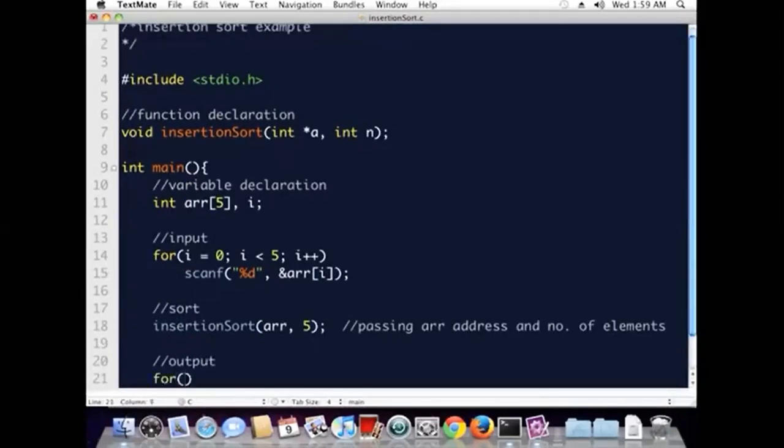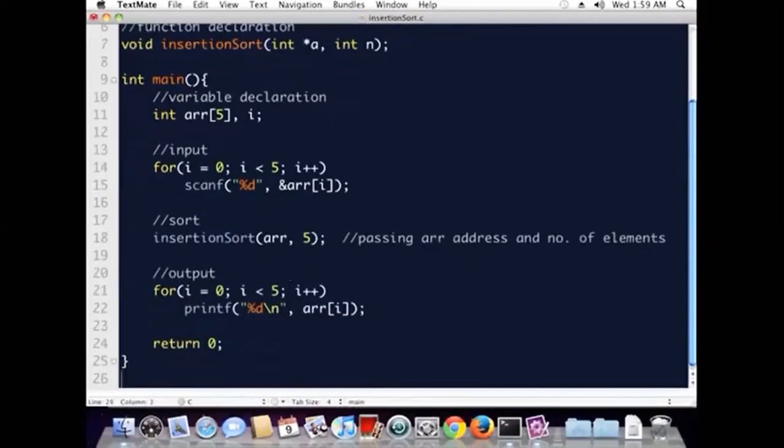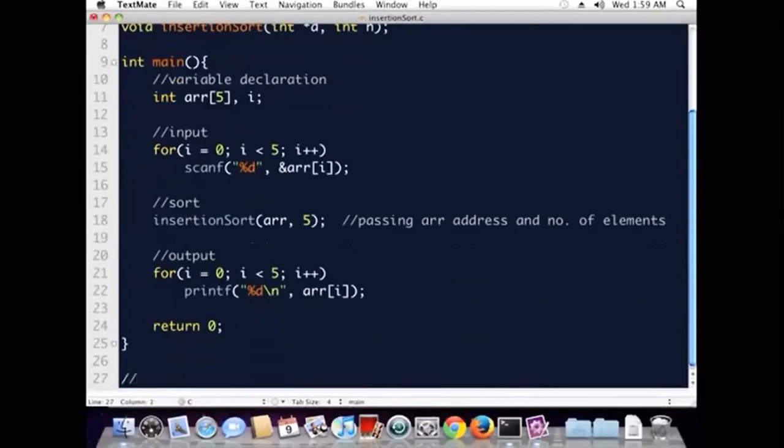After the function call, once the array gets sorted, we can print it using a for loop, just printing the sorted elements. Since we are sending an array reference, whatever changes happen will be reflected in the original array. That concept everyone knows. Now we will define the function.